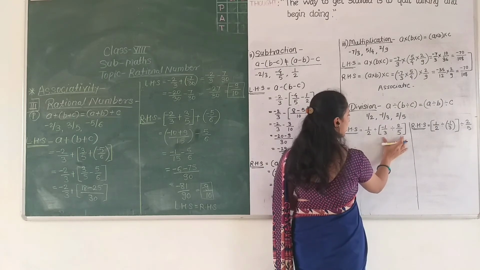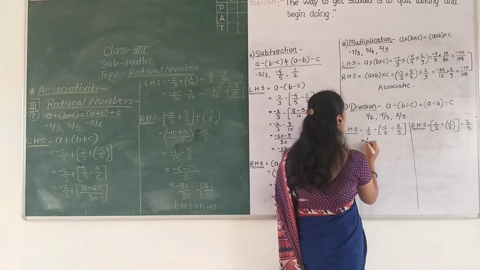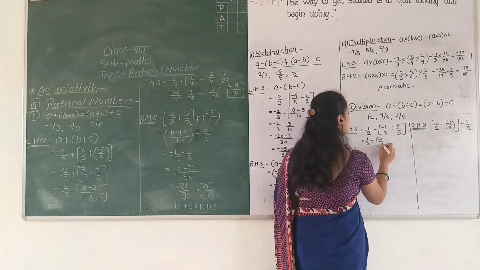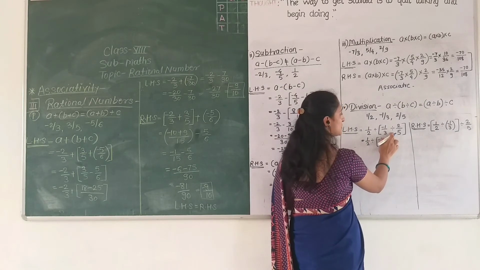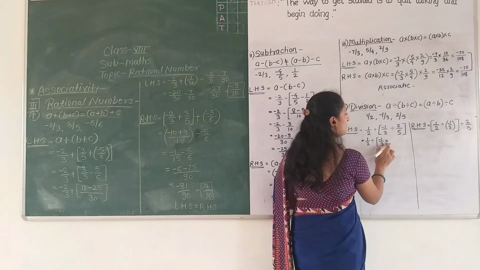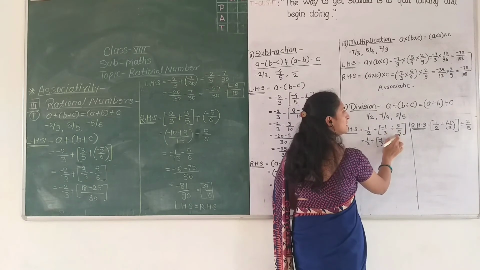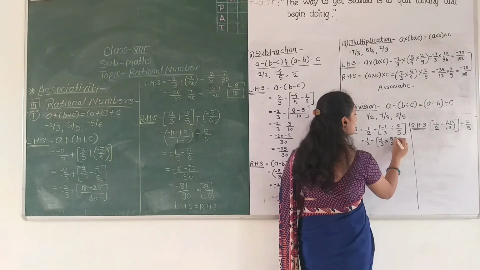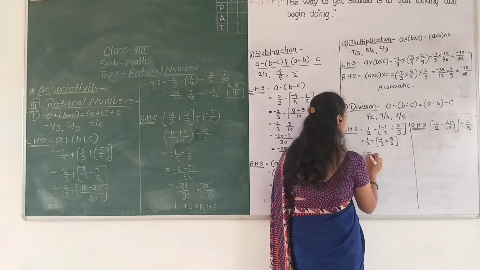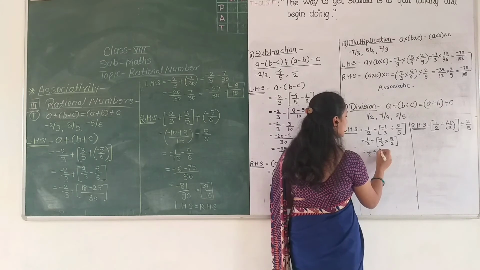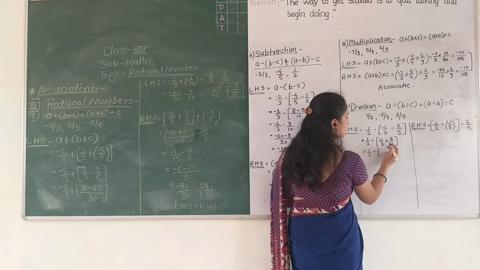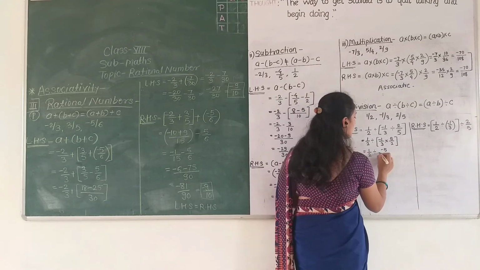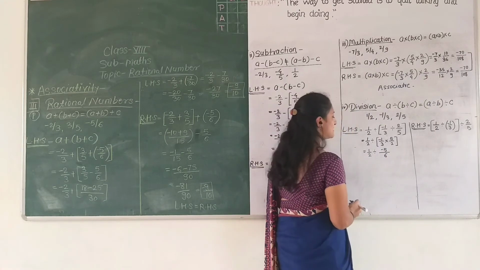we solve the bracket first. So that is 1 upon 2 divided by negative 1 upon 3. Now here the sign is division. So this sign will change to multiplication, and here we take the reciprocal of this number, which is 5 upon 2. Okay. So here we get 1 upon 2 divided by, multiplication is negative 1 into 5, negative 5 upon 3 2s are 6.